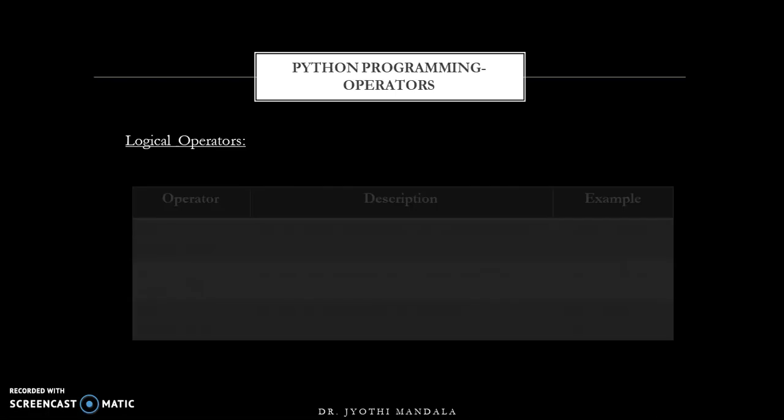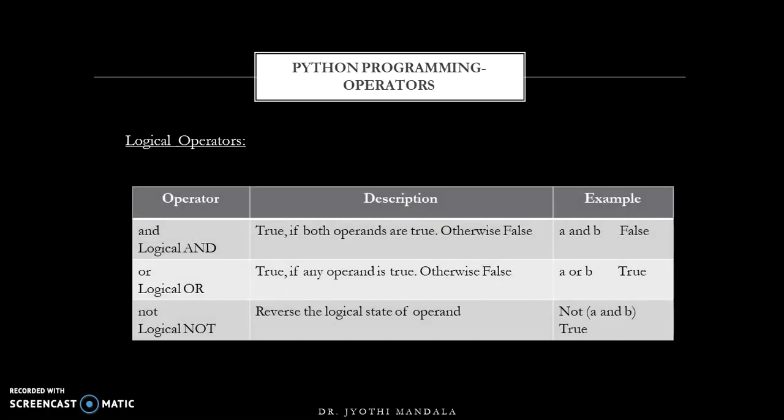Logical operators are of three types: and, or, not. Now, the use of the logical operator is that it can be used in combination with our relational operation expressions. Got it, all of you? Whenever we are using a logical operator, the output will be either true or false. Let us consider a value is true and b value is false. In such a case, if you are using an AND operator, then only if both operands are true will we get an output of true. In our example, one input is false, so you'll get an output of false.